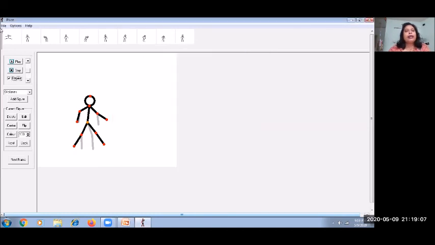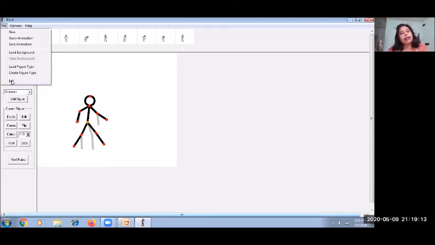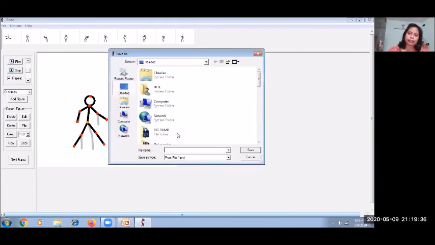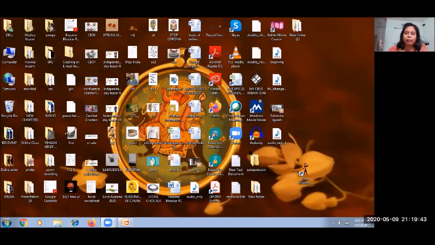Now you can exit from the animation. Click on File and click on Exit. It will ask, would you like to save the current project? Click on Yes. If it asks again, give the name and exit.